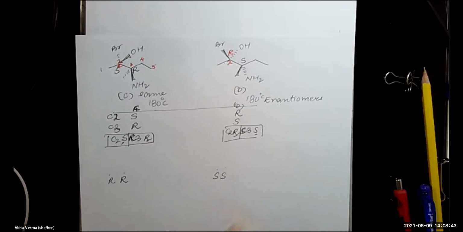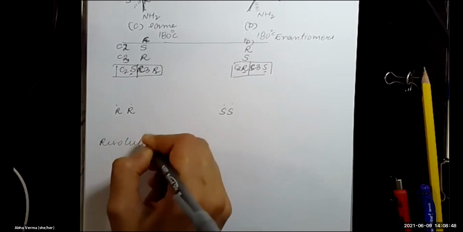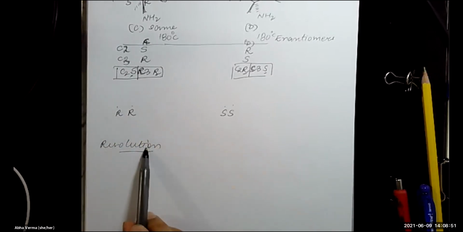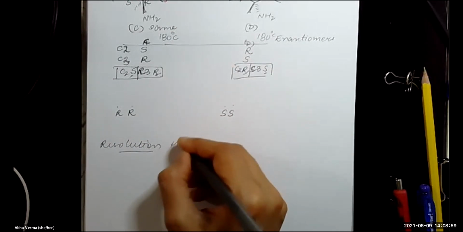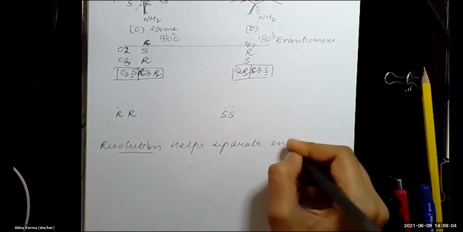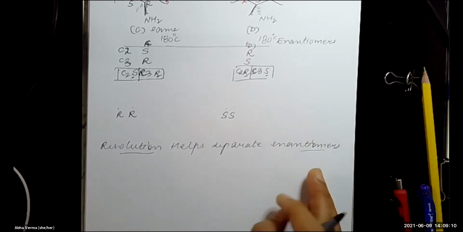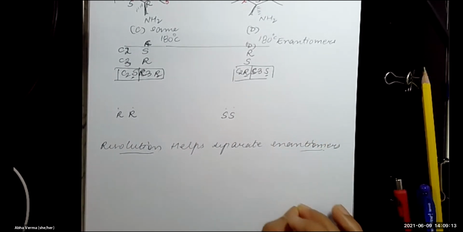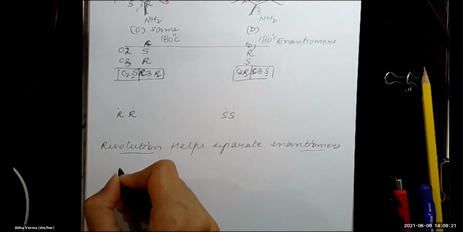There is a process known as resolution. And I just want to warn you, in your drill, we have a resolution question. You don't have to worry about that resolution question for this course. Resolution helps separate enantiomers from a mixture. And why do we have to do that? This is something that we will start studying in Module 7, where we will look at racemic mixtures. So after you have known your enantiomers,